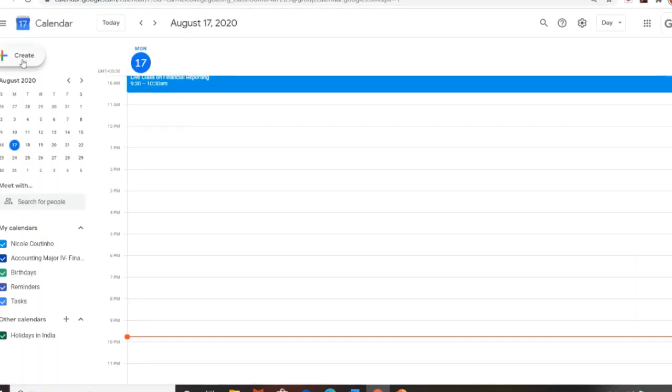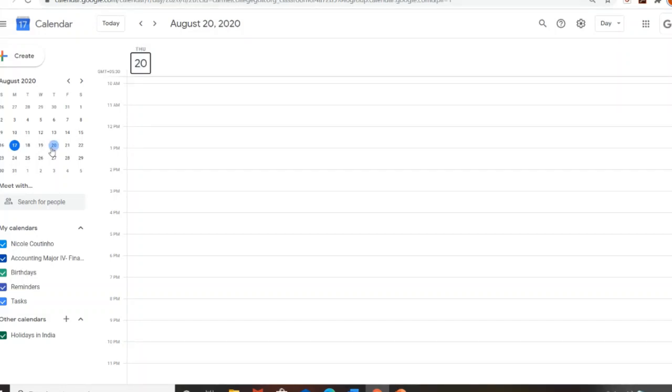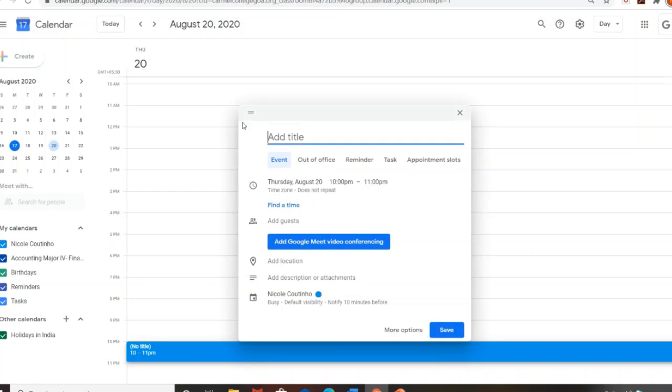To create a Google meeting, simply click on the date on which you want to have this meeting. For example, if I want to have the meeting on the 20th of August, I will click on 20th of August on my calendar. Then I will go and click on Create. I will add a title to my meeting.